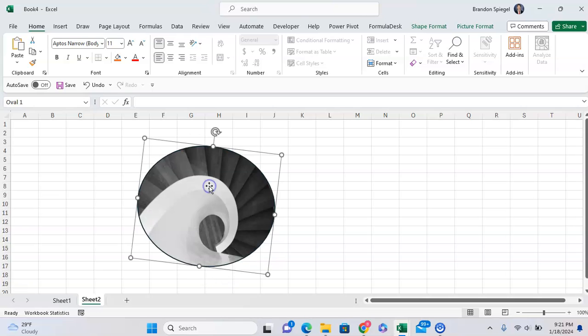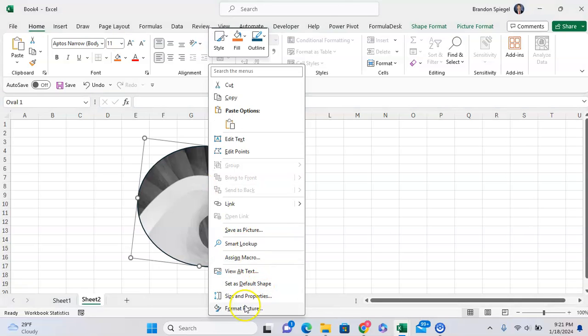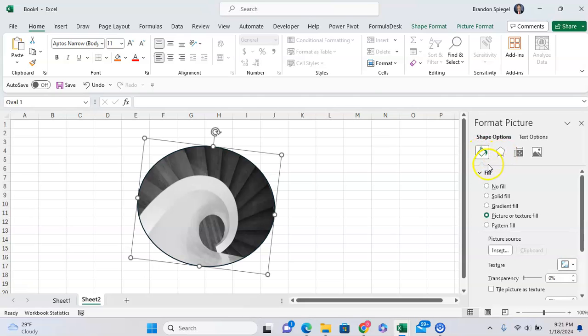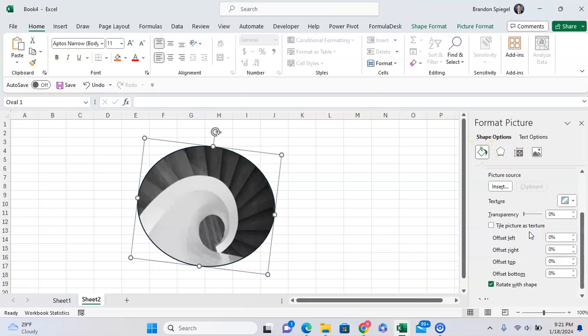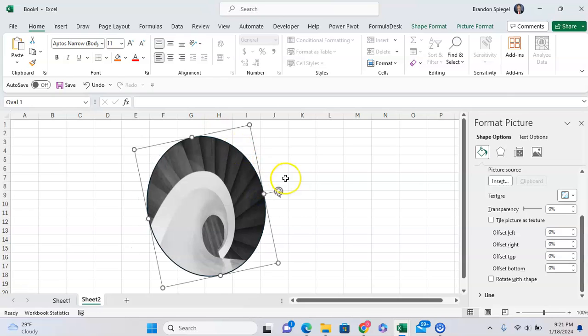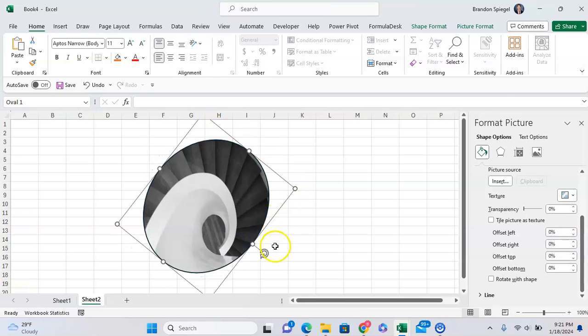But if we don't want this to happen, we can right click on the image, go to Format Picture, and then we're going to want to go on the fill to the left right here, and we're going to scroll down. And here, as you can see, after clicking on this fill box to the left, there's this box at the bottom that says rotate with shape. We uncheck that, and now we can rotate the shape, and the image will not rotate with the shape,